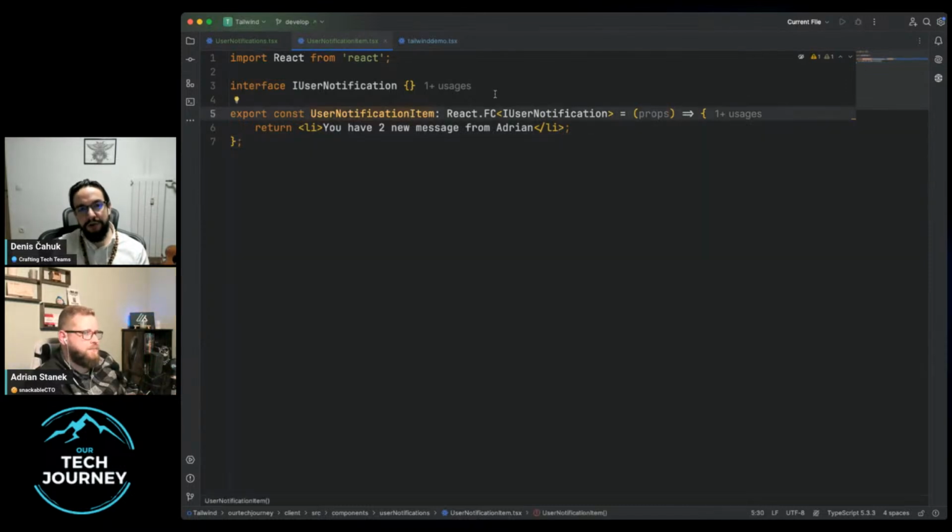Would you call it just item and then import it as user notification item, an alias in the usage? No, I wouldn't do that. As soon as you have two items open in the IDE, you start to have other problems with processing that stuff again. You're optimizing for clarity, even if it hurts readability. Always readability. Okay.